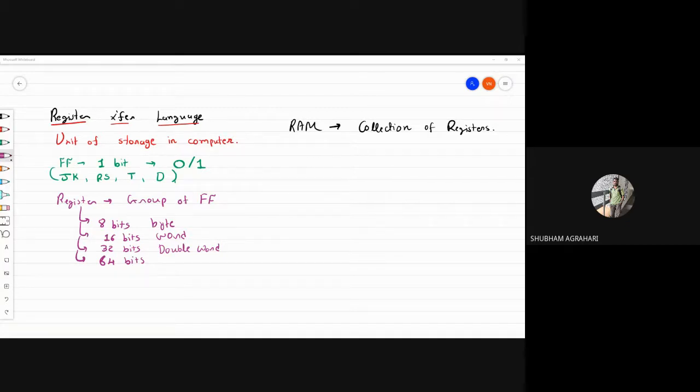Sir, are you talking about machine level language? Could you repeat? What is the need of language? Language, in simple terms. Okay. Yes, to communicate.